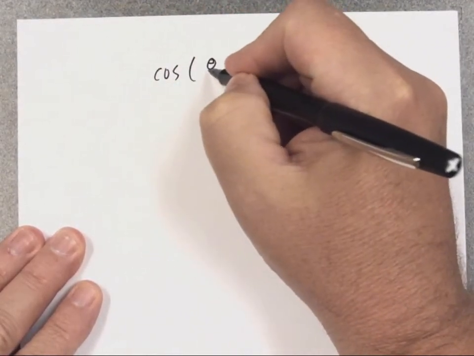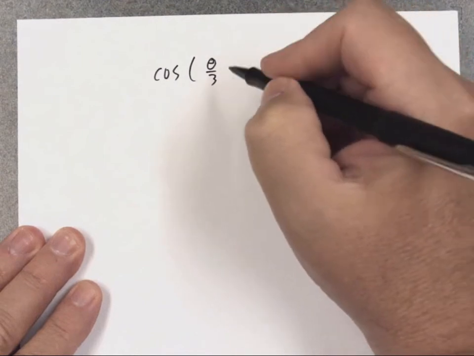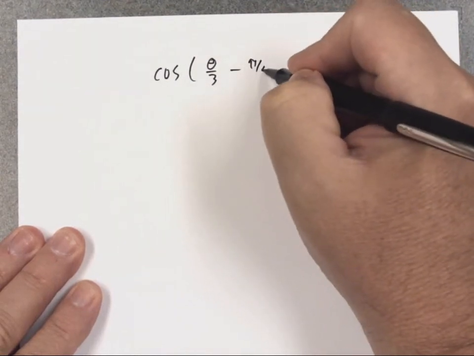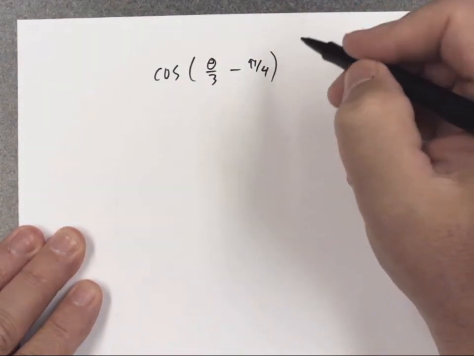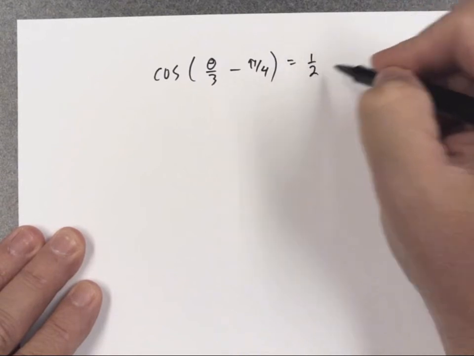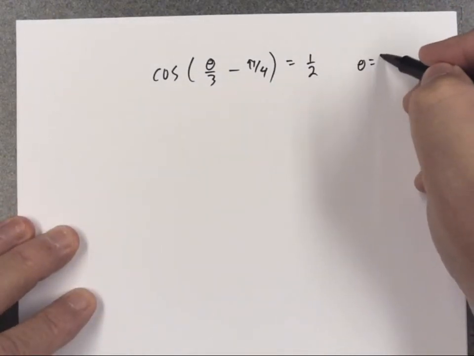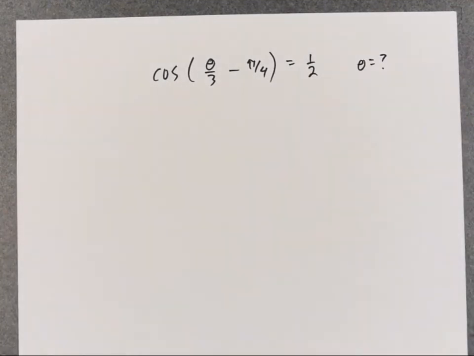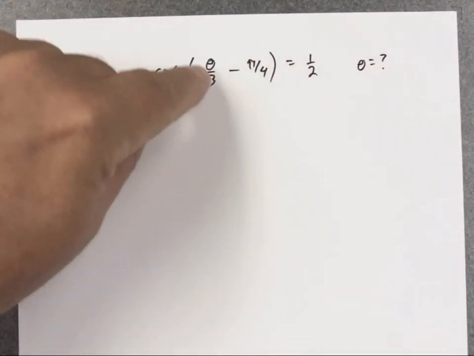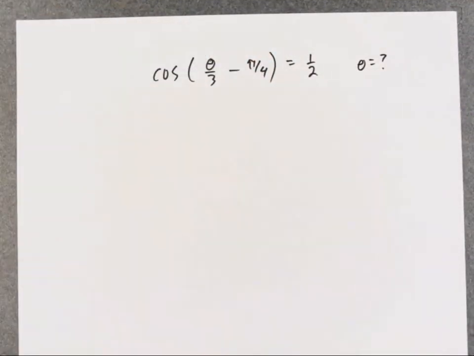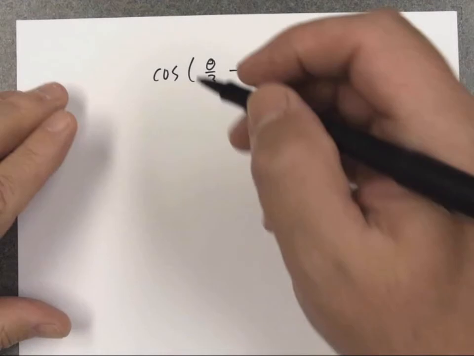Cosine of theta over 3 minus pi over 4 equals 1/2. And of course, they're saying, please solve this equation for theta. Once again, because I have all this extra stuff inside my trig function, I cannot solve it directly. Instead,